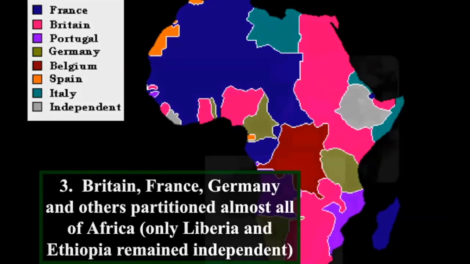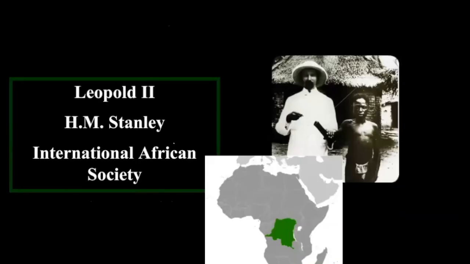So again, we see the fragmentation of the Ottoman Empire continuing as we get closer to World War I. Now, one of the most egregious examples of new imperialism is going to occur here in the Congo, and it's going to involve the European country of Belgium. Leopold II was the king of Belgium. He is going to send H.M. Stanley to create treaties with the Congo to transfer land to Leopold. He is going to end up personally, so not the government, but he personally is going to own the Congo territory.